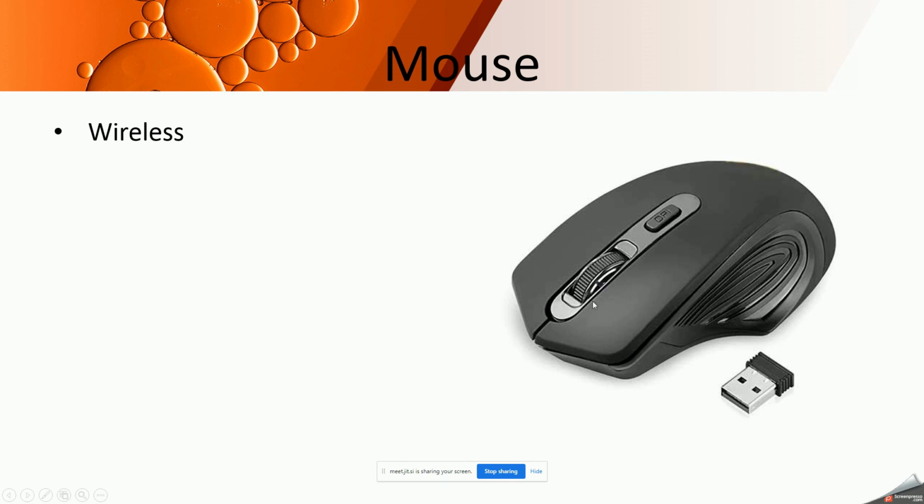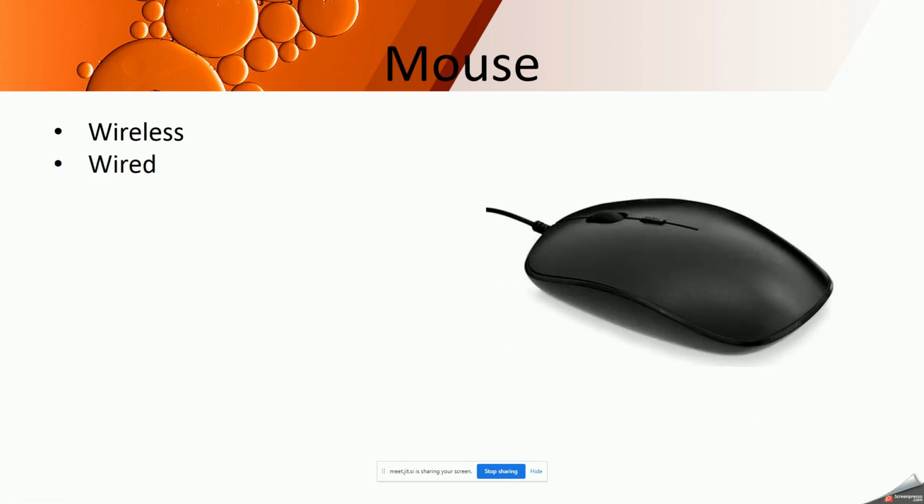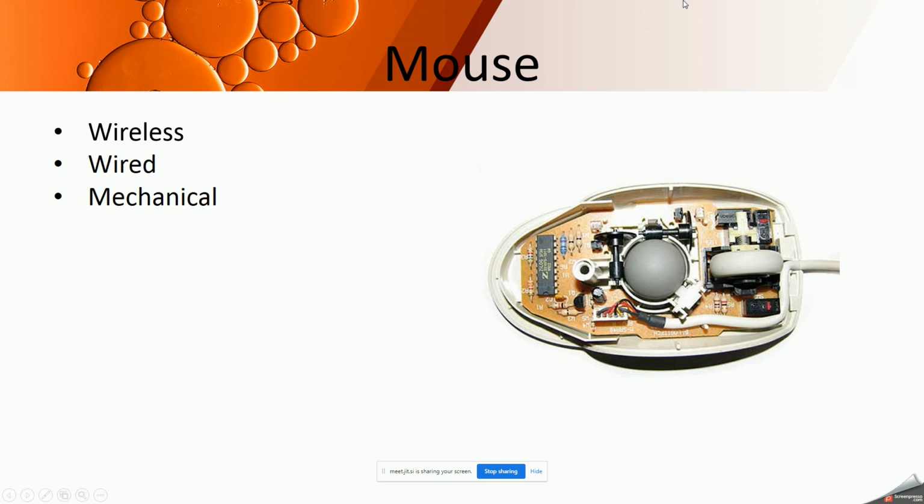The mouse sends as well as receives the signals in the form of radio waves through this wireless adapter. Next is a wired mouse, which we all are using. Wireless mouse are a bit more costlier as compared to wired mouse. Mechanical mouse. In olden days we used to have these type of mouse where we had a kind of a ball in between. It was a rubber ball, and you can see there are two shafts over here. There are two shafts which are connected here.